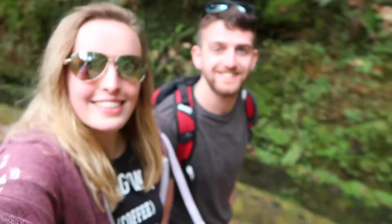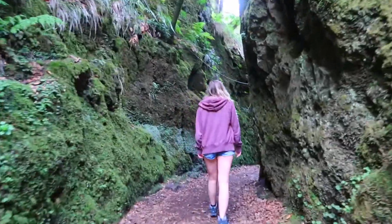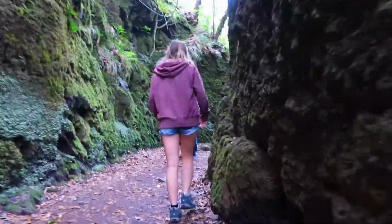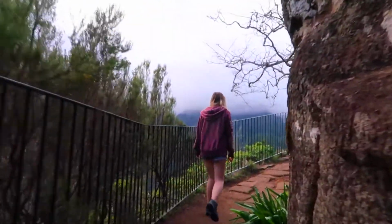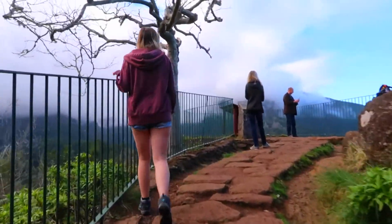But yeah, it's just a very short walk up the Levadas, and you eventually sort of go past all these rocks, and then you go past this path, and it just opens up into this amazing balcony in the middle of the mountains, and the views are gorgeous. Luckily Andy had his drone on him that day, so we just filmed all of the views, so enjoy the views,